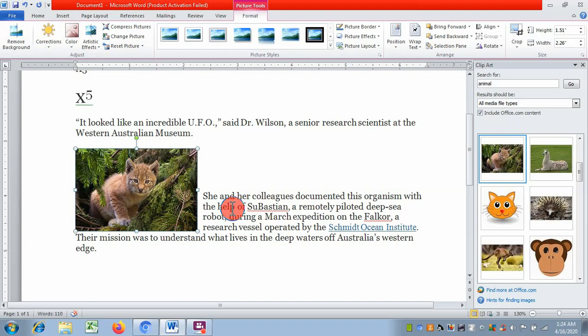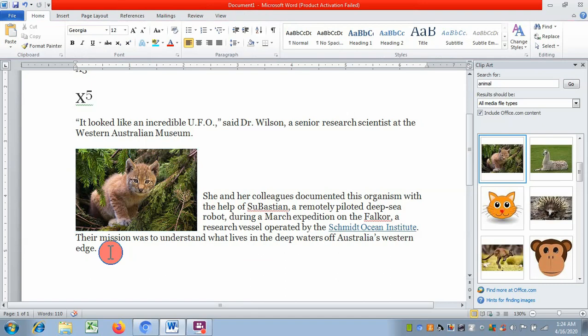Now the next topic is inserting an object. What is an object? Object means we can insert any other kind of object apart from an image. Suppose we want to insert a graph or a chart which you have made in the spreadsheet, or a table containing some data which you have created in MS Excel, or any image which you have created in Photoshop or CorelDRAW.